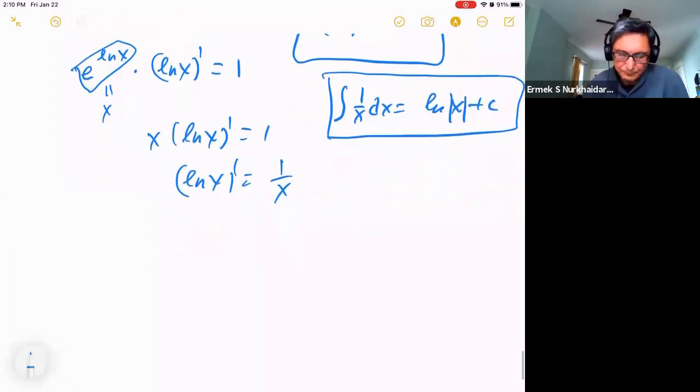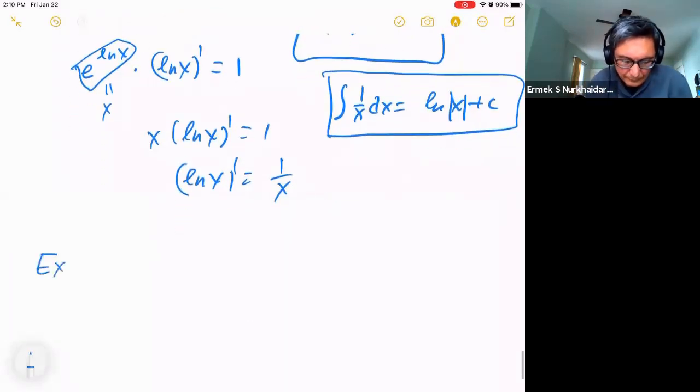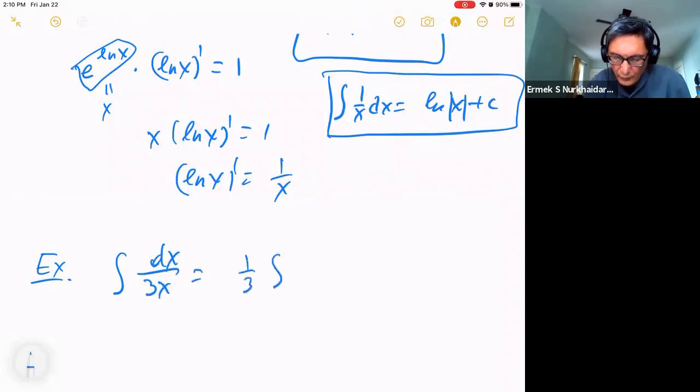Okay, so for example, find the integral dx over 3x. So take 1/3 out. We're going to get 1/3 natural log of x plus